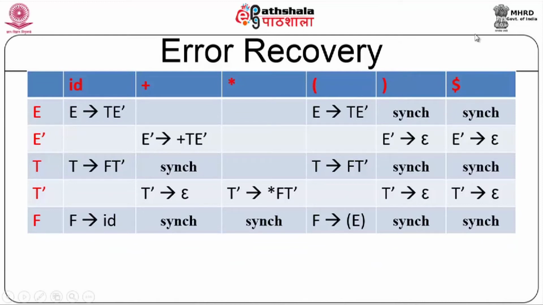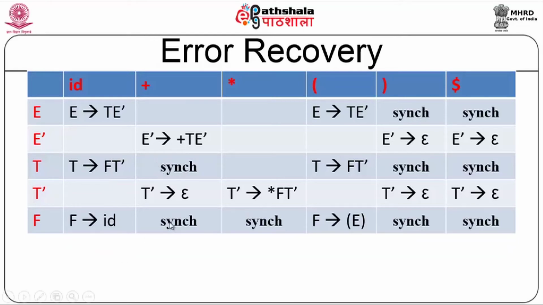So if I encounter E comma close parenthesis, I know that this is going to be an error by looking at this sync table. So what I do is start erasing some symbols and then get to a correct position. Similarly, if I have T comma plus, T comma close parenthesis and T comma dollar, these symbols are the follow of T. At these intersections also, we are calling the synchronizing action. The synchronizing action will basically be simply deleting some characters so that it can go to a possible correct scenario of parsing action.